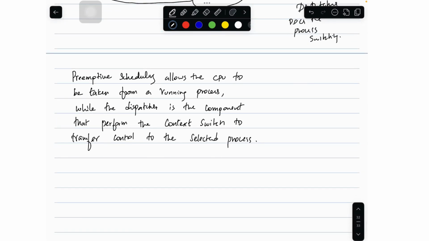So preemptive scheduling will interrupt the CPU while some process is executing, and